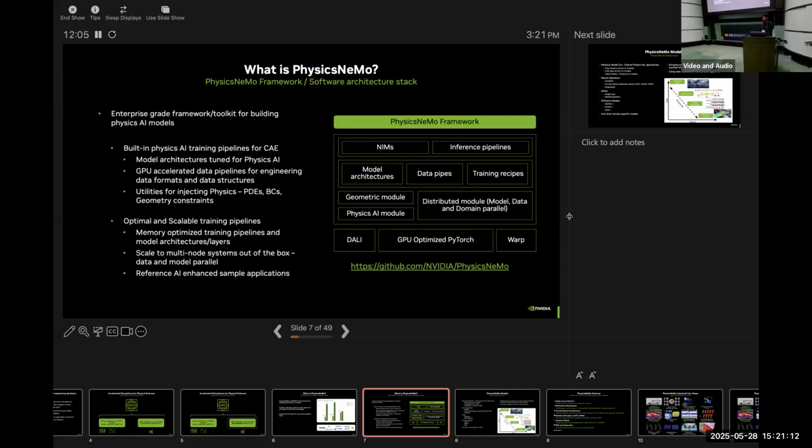A big portion of PhysicsNeMo is providing utilities to develop these training pipelines. As we will see in subsequent slides, a lot of the applications in this area are very domain specific. So it's a bit hard to have something very general across a wide range of applications, especially if you think of something like CAE, where you could be analyzing cars or electronic cooling or a variety of different things.